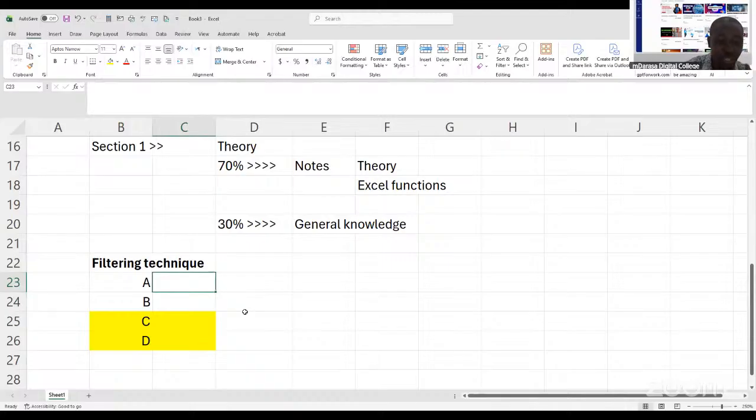No, it shouldn't be like that. So at this point, using filtering technique number 1 will increase the chances of you selecting the right choice. And what increases your chances of getting the right choice even more? If you are going through the notes. That's the best time, when you'll have a higher probability of selecting the